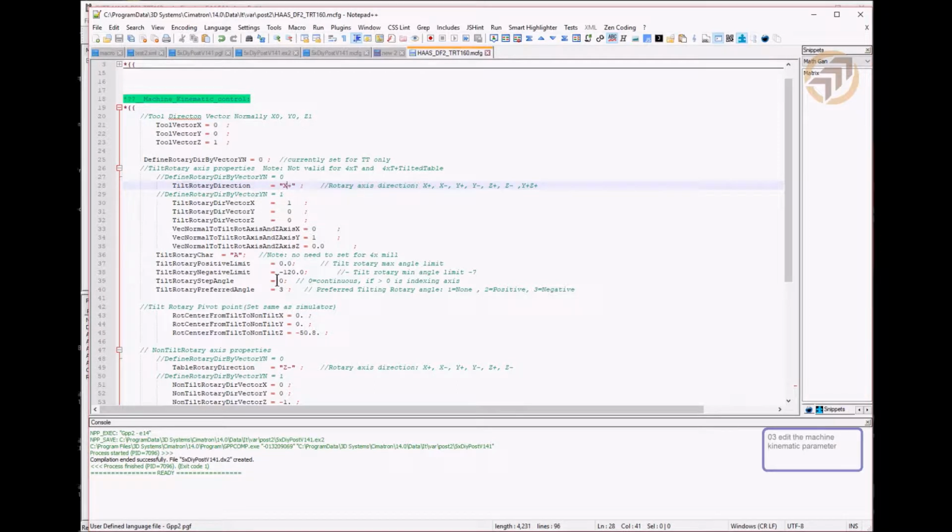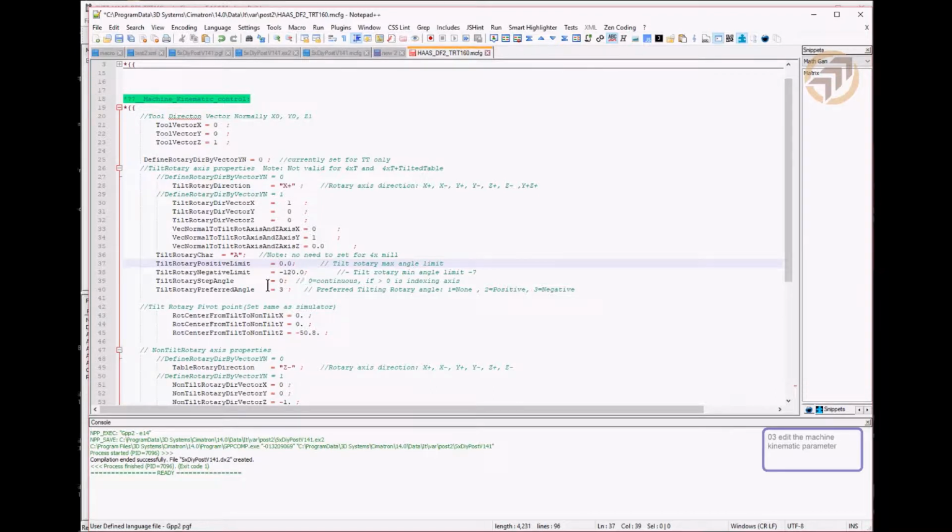Okay, and the rotary collector here is A, and the tilt rotary positive limit 120, and the negative 120. But for this machine, because the Y plus travel is more than the Y minus, so we'll force it to work on the minus side only. So by setting 0 to minus 120,